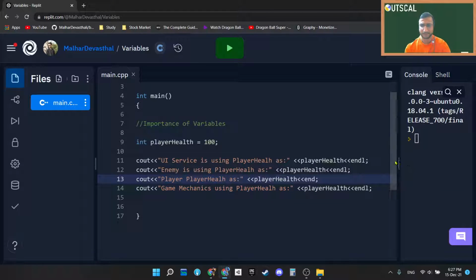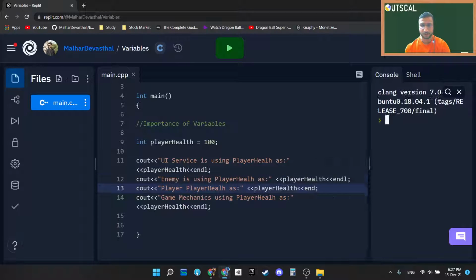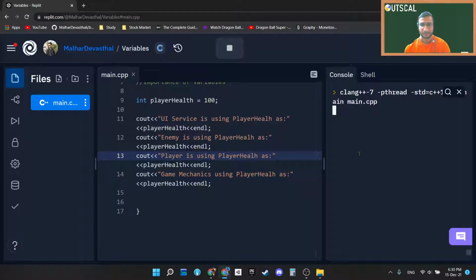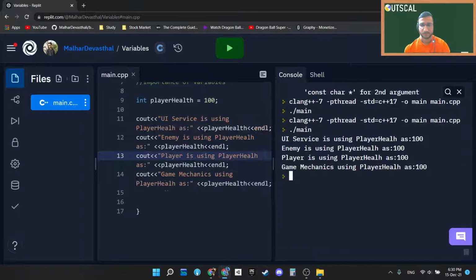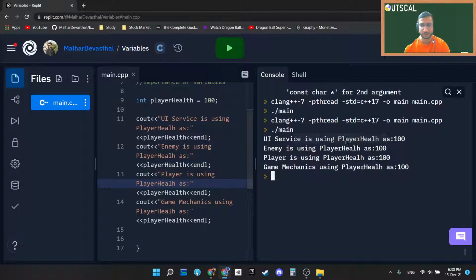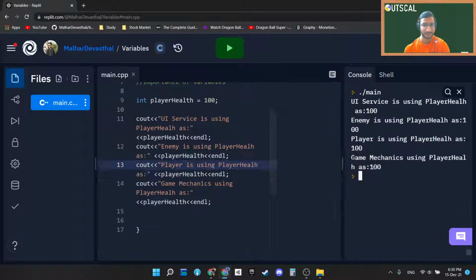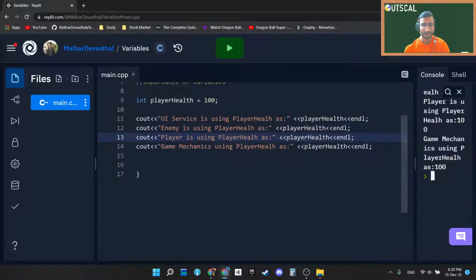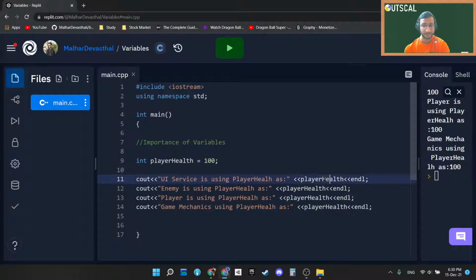So yeah, that's about it. I am going to quickly showcase the output now. So yeah, here you can see UI service is using player health as 100, enemy is using player health as 100. All the different places are using this variable.